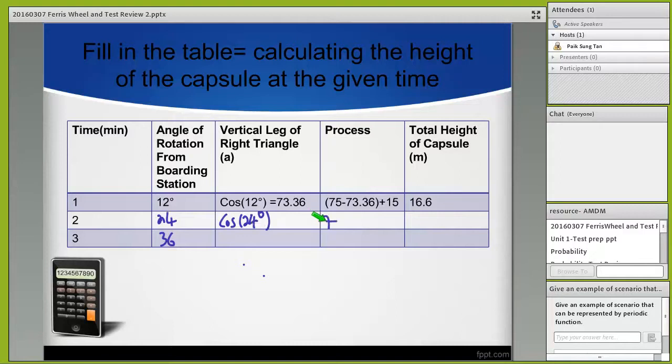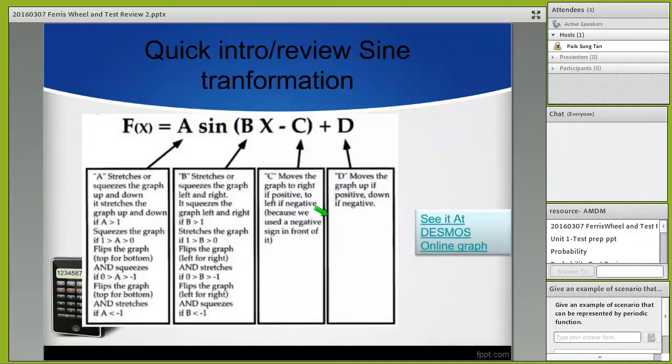You get 75 times it, subtract your answer, then plus 15. Using this process, you should be able to get all the answers on the table that is already shown